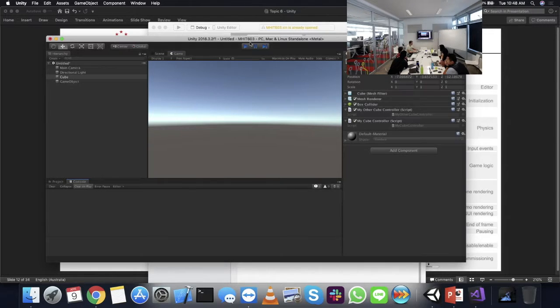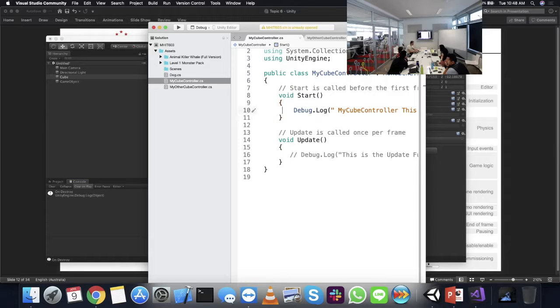And if I have something like my cube controller,